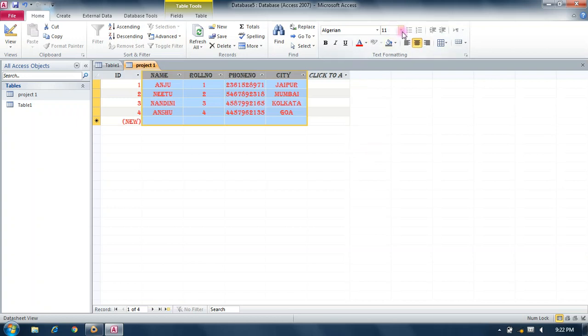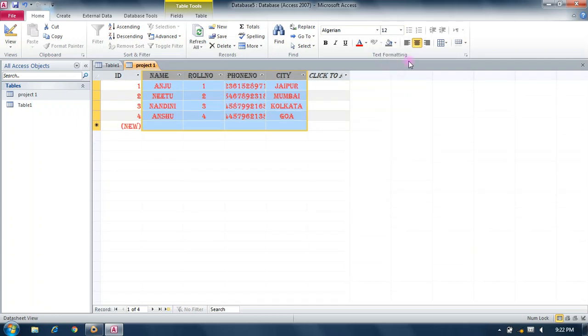Okay, you can change font size, you can align right or left, you can sort your data from here, ascending or descending.